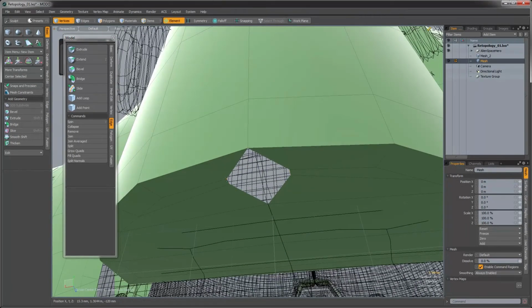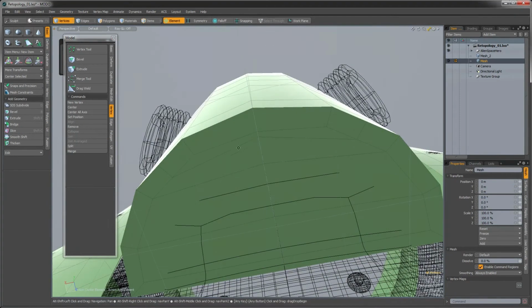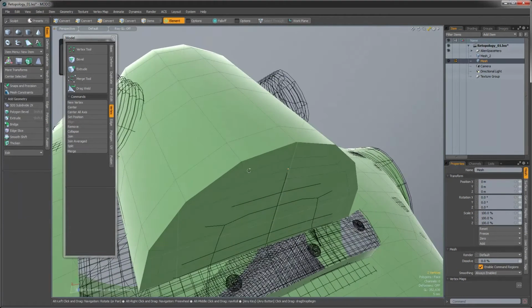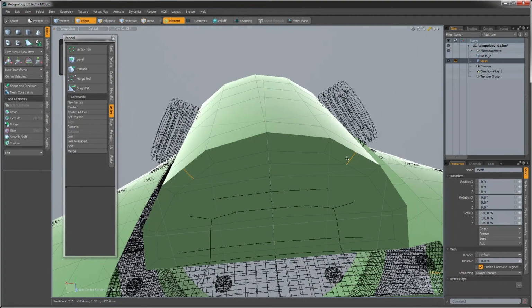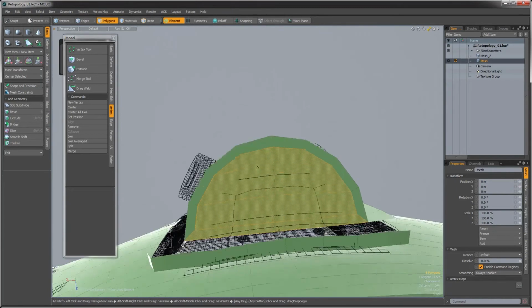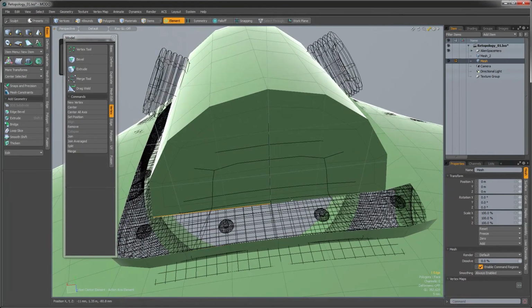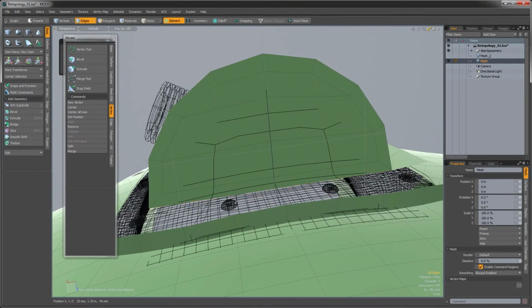So I can Vertex Join those two. This one I'm going to join averaged. And those two join averaged. So we have one polygon here, one polygon there. So I think I'm gonna